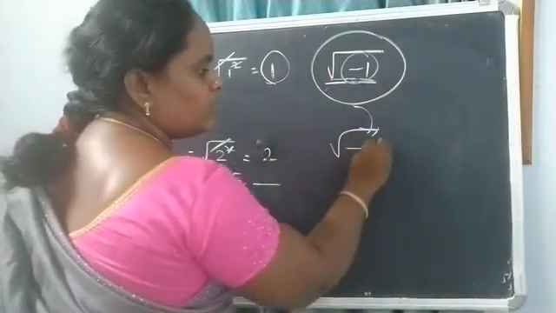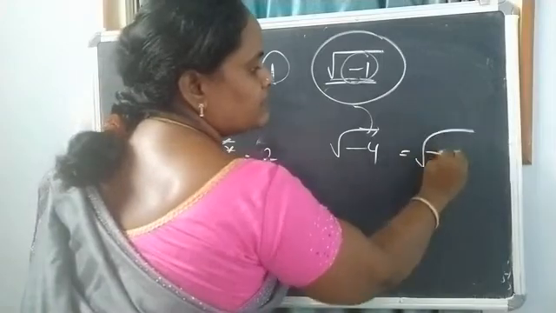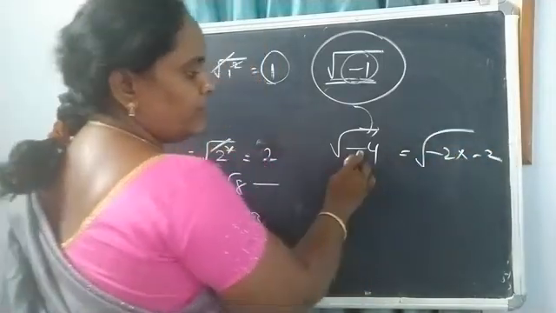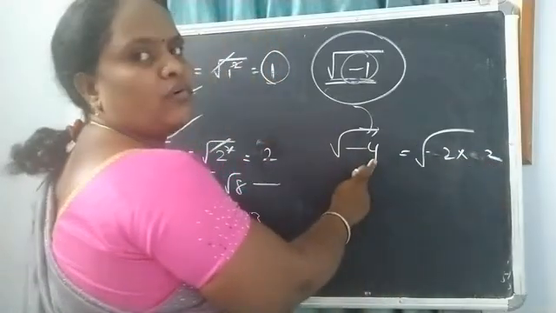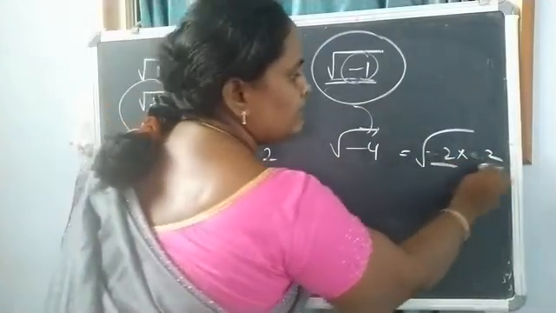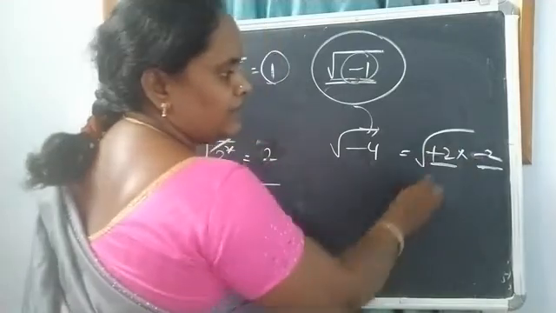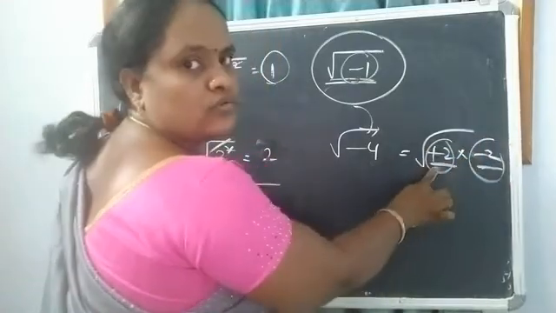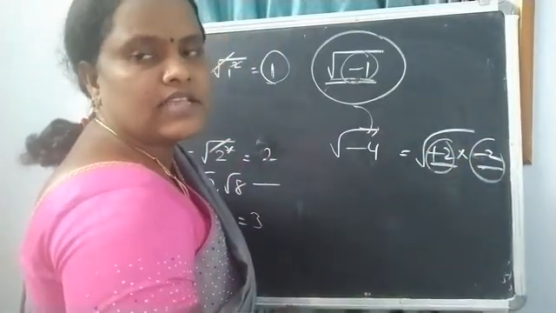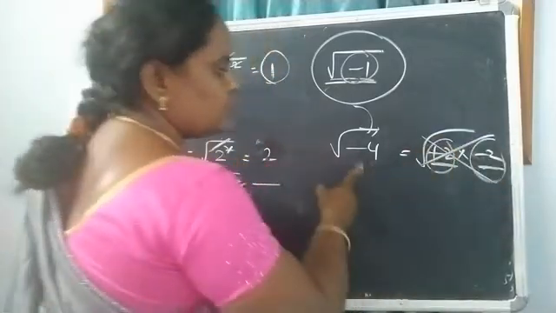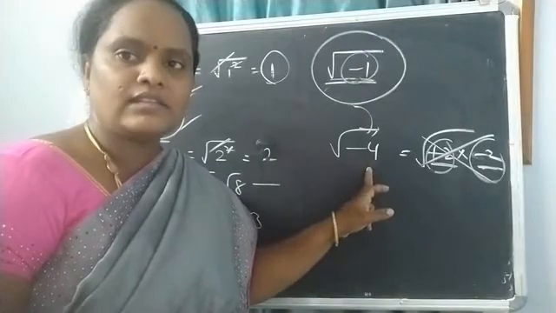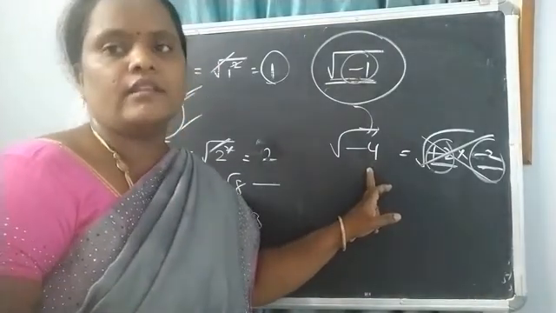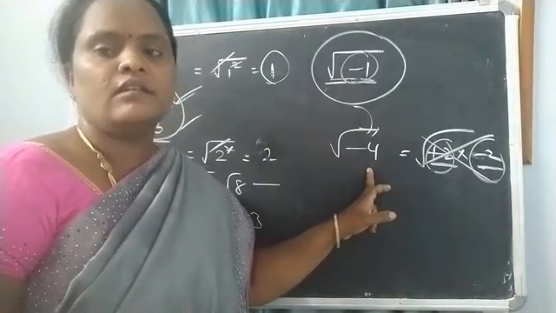What about the root of minus 4? It cannot be written as minus 2 into minus 2, because minus into minus is plus, but we want minus. If we take 2 into 2, that will be 4 only. So we can't write two same numbers. If I write plus and minus, one is plus 2 and the other is minus 2, both are not the same numbers. So it cannot be simplified. And further, these two are not called irrationals because the number under the root is not a perfect square.